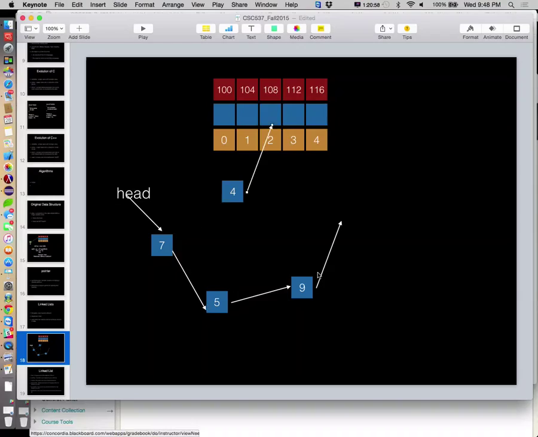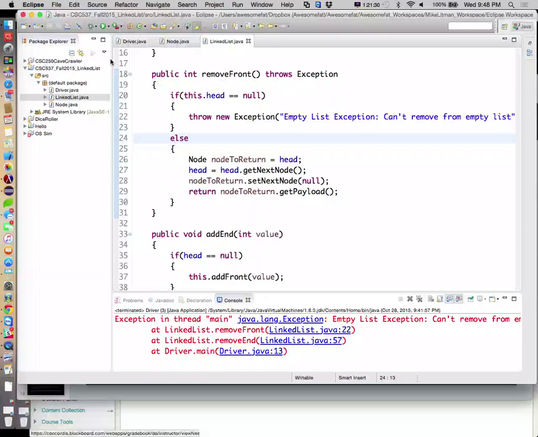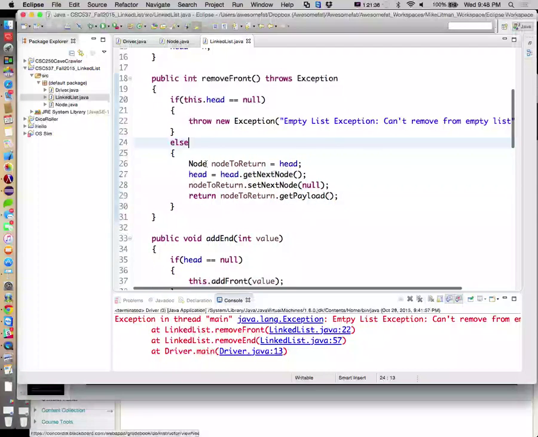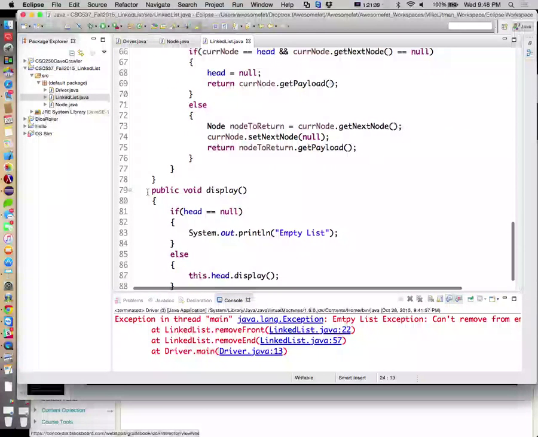All right. In order to pull that off, we need to move ourselves into the position. Notice this guy is going to be the guy who points to this guy. So we need to move to the position immediately before the place that we want to get into. Let's do this for the generic case first, where we assume that there's stuff before and after, and then we'll handle the special cases. So we're going to say added index. We have add front, remove front, add end, remove end, and let's do added index here.